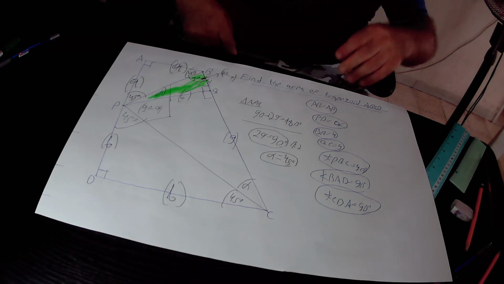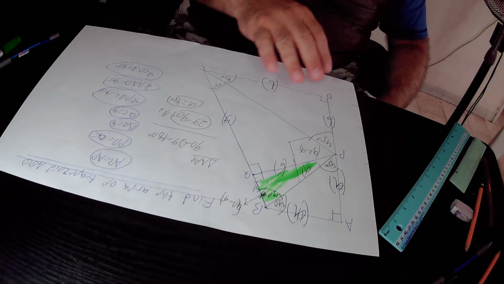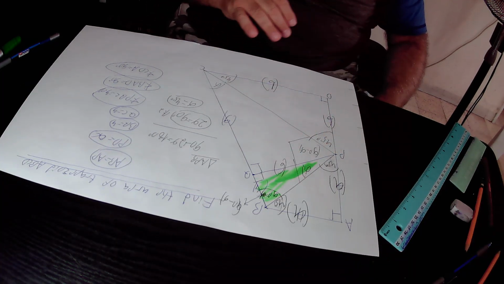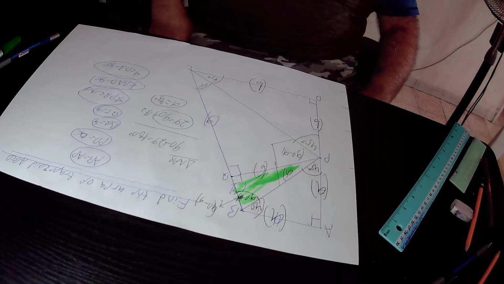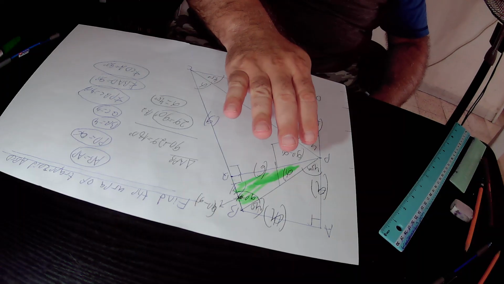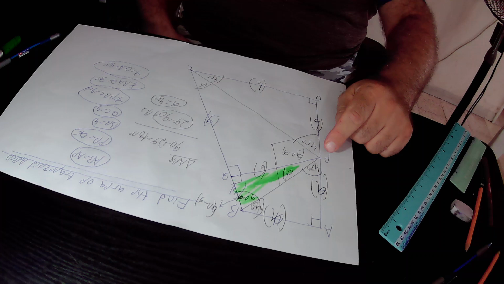Okay, so in the next step, we focus on the right side of the straight line AD at point P. So here the sum of the angles must be equal to 180 degrees according to our page. Which angles do we have at the right side of the center line and this point P? We have this angle that is 45 degrees plus this angle that is also 45 degrees